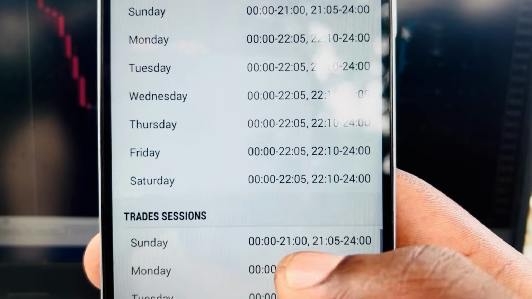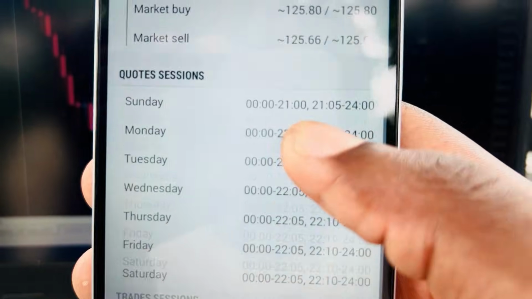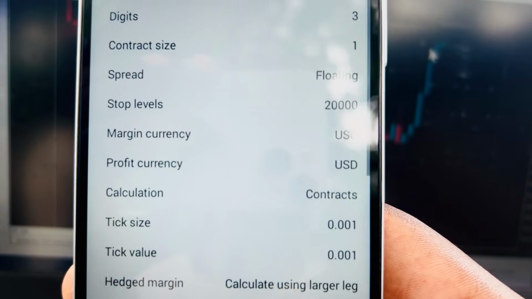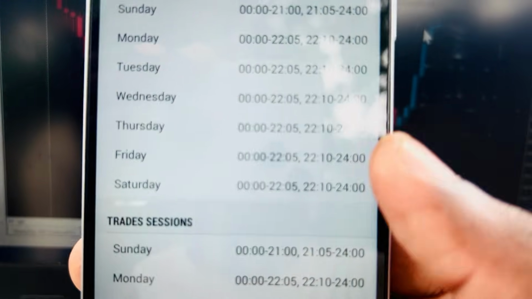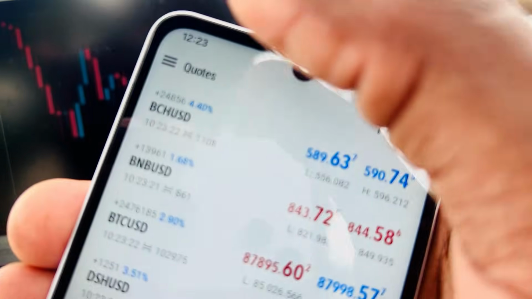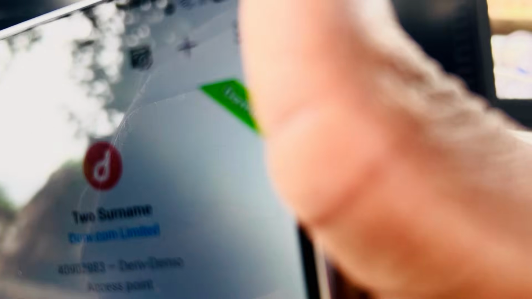Let's scroll all the way down, then scroll up. Do we see there's no swap here? It's a swap-free account. So let's go to another account. There's a demo account that we just